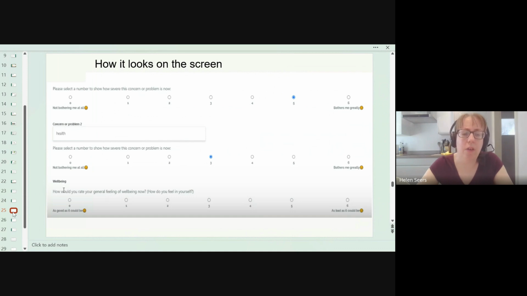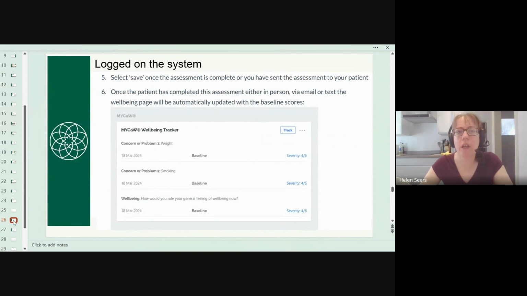The example here only has 1 word written in the box. It just has health written in there. That isn't what I would suggest. I would suggest it would be a proper statement, but I think that's because it's a demo. It's only got 1 word. Then you select save once the assessment's complete, and you have it on the system. And then once the patient's completed the assessment in person or email, it'll be automatically updated, and that's their baseline